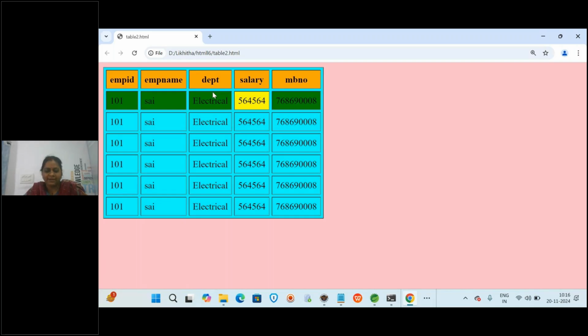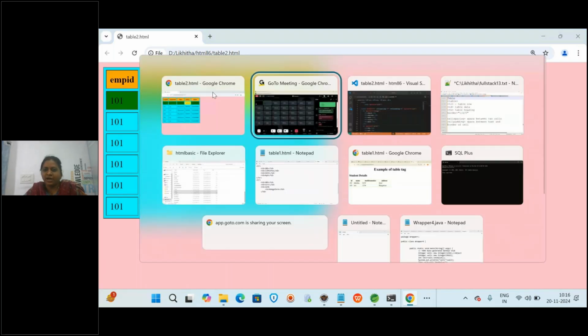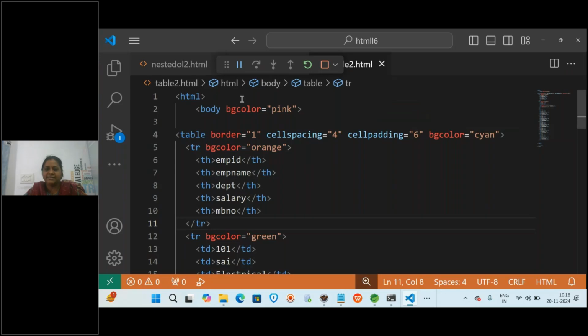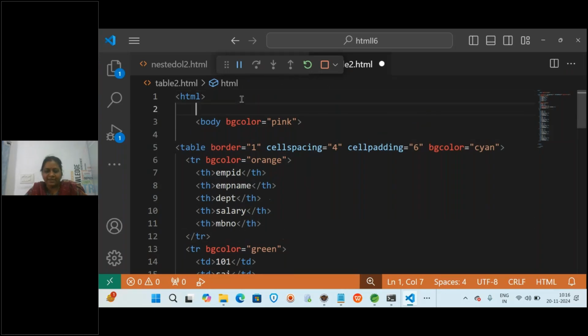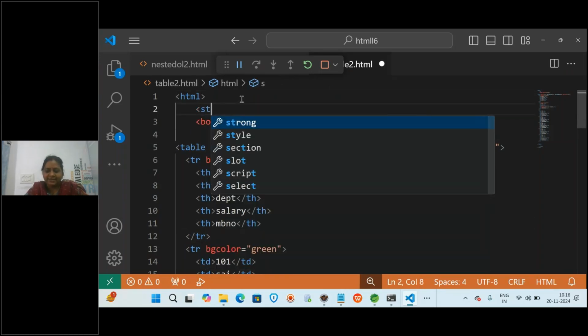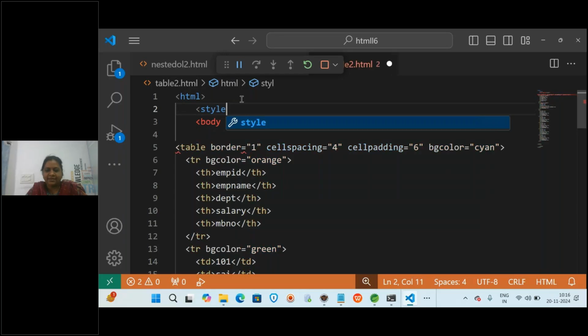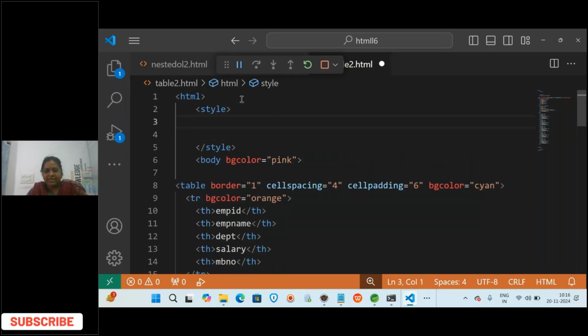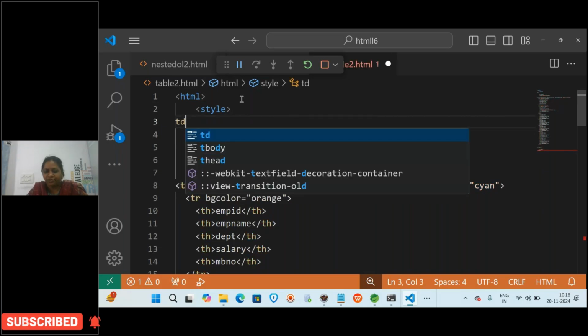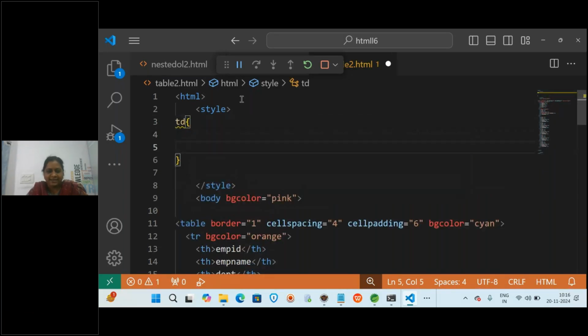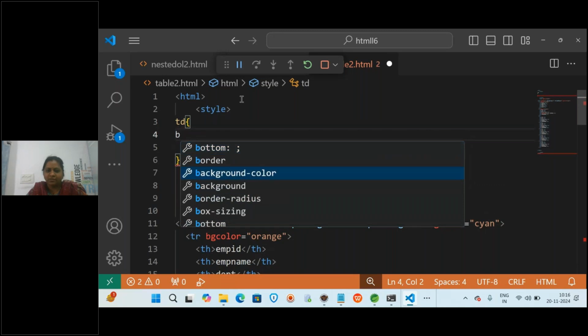Okay, but as of now, though, if you want to show, I will be showing just for your understanding purpose. Here you will be writing the style tag, and inside this style you will be writing, wherever a tr or td tag is there, if you want to apply some color, then you will be applying the color, like background-color colon.